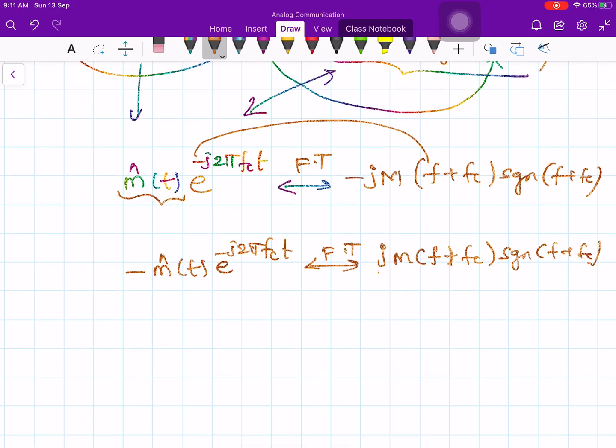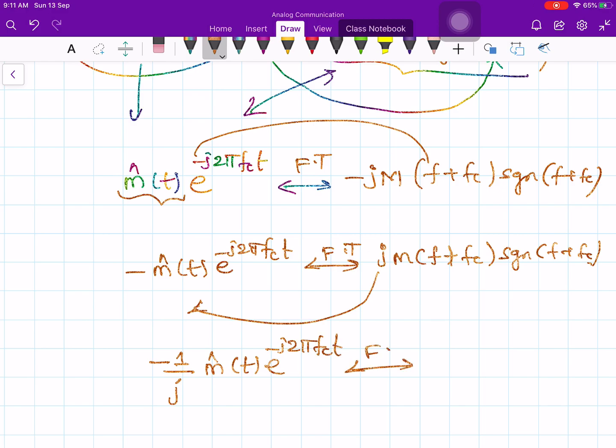Now you bring this j to the left hand side: minus 1 by j, Hilbert transform of m of t times e to the minus j 2 pi fct. If you take the Fourier transform,